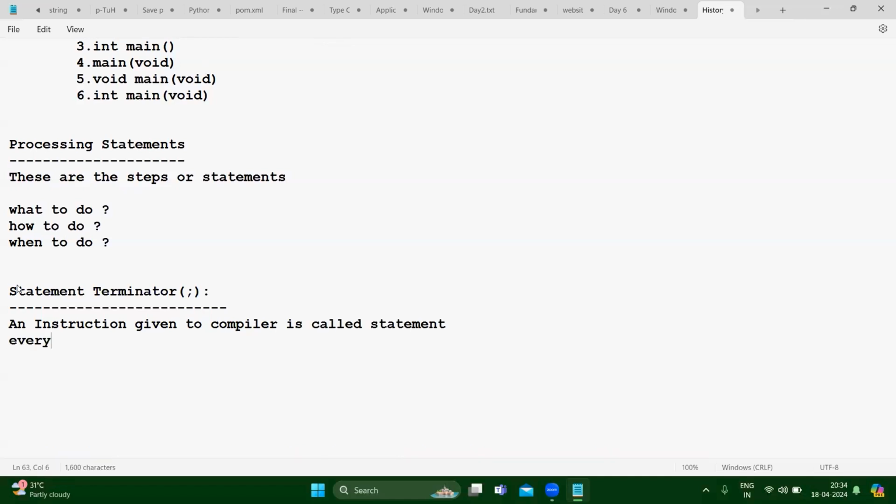As I told you, every statement must terminate with a semicolon. That is called the statement terminator.